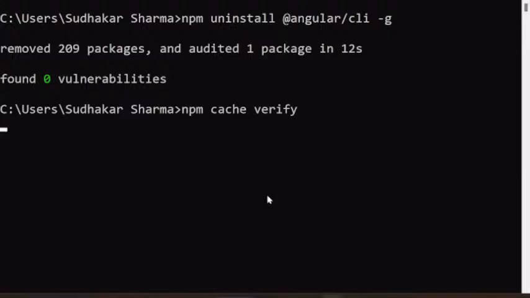A lot of temporary files will be installed on your computer, and to remove all of them it will take time. You need to keep a little patience, because installing and creating projects will also take a little time. A lot of packages are installed, and for every package it has to search and remove from your Windows registries.